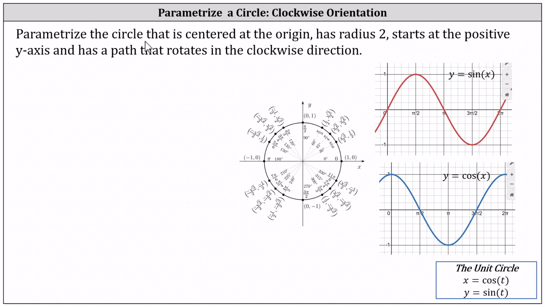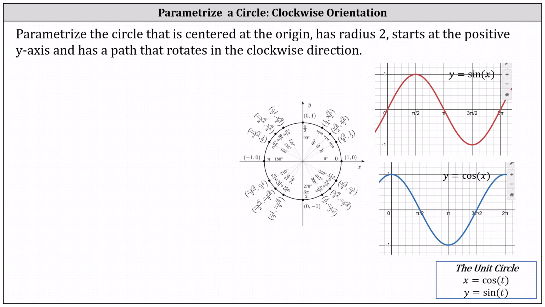Parameterize the circle, or write the parametric equations for the circle that is centered at the origin, has radius 2, starts at the positive y-axis, and has a path that rotates in the clockwise direction. To begin, remember we can define the unit circle as x equals cosine theta and y equals sine theta, and